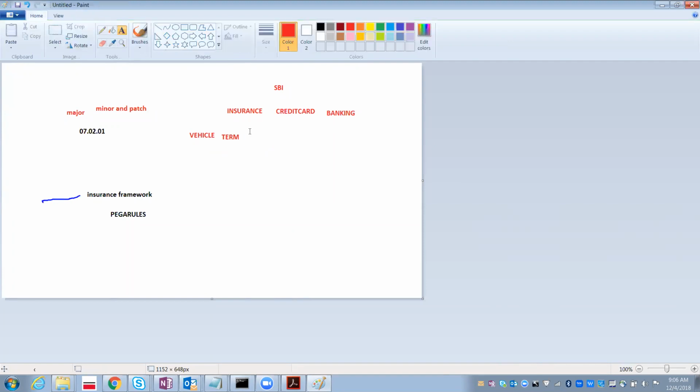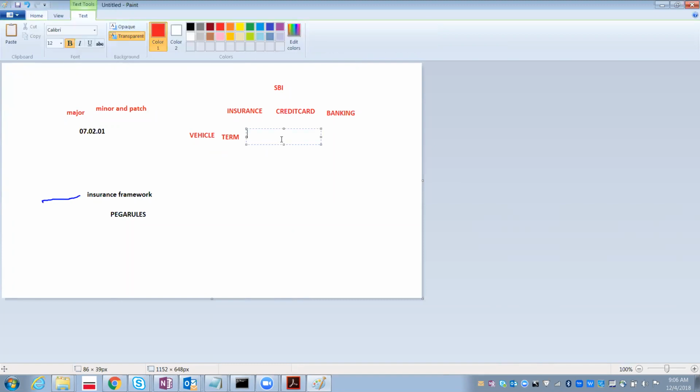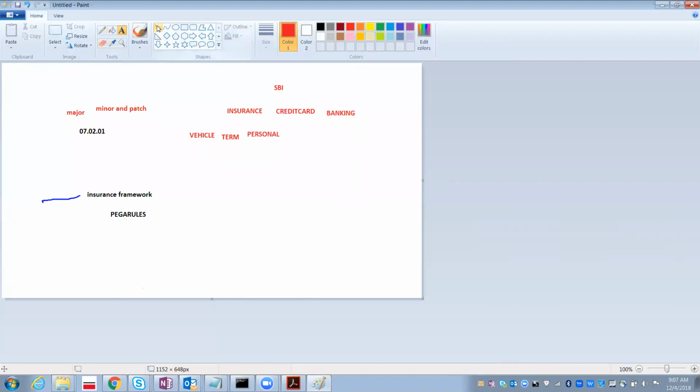Under that we can have personal insurance, or children insurance. So like that, from SBI insurance, from insurance again, vehicle, term, and personal.